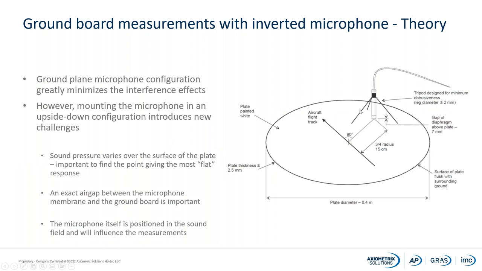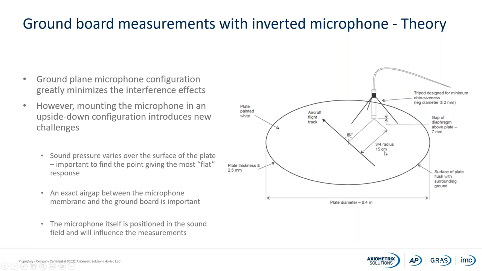First, it is this fixture here. You have the microphone, you have a 7 millimeter air gap, and you have it not centered, a little bit off center. So first of all, the sound pressure will vary over the surface of the plate. Therefore, it is quite important to find the spot where it gives the flattest response over the entire frequency range. I have some simulations of that, and I will show you why it has been selected